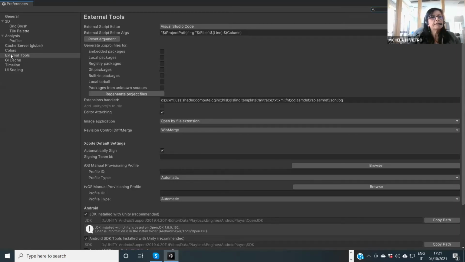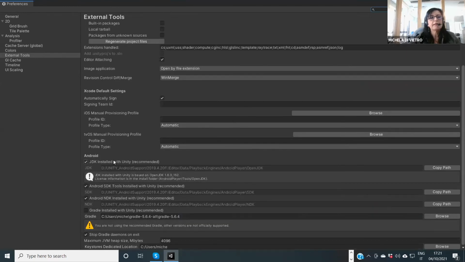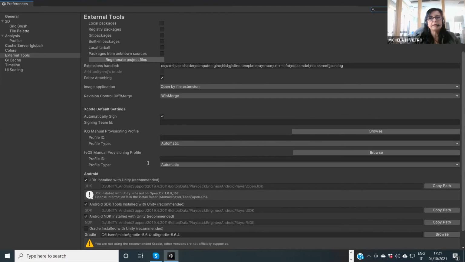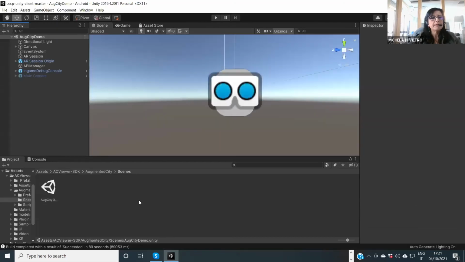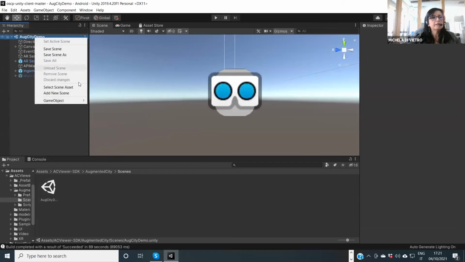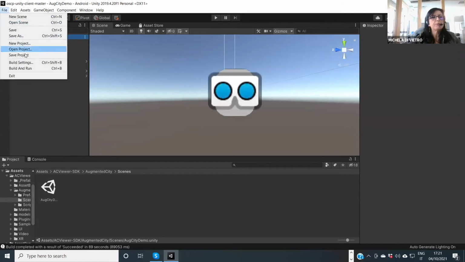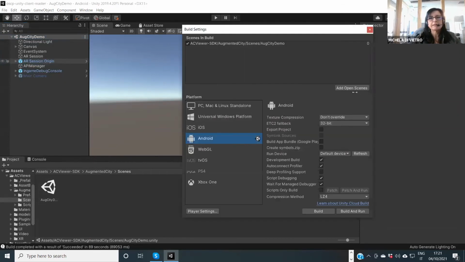You will find the external tools field, and here you can check everything you need to build for Android. And now we are ready to build our project, our scene.